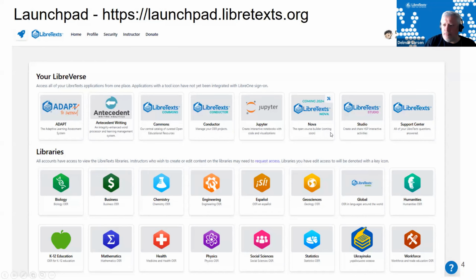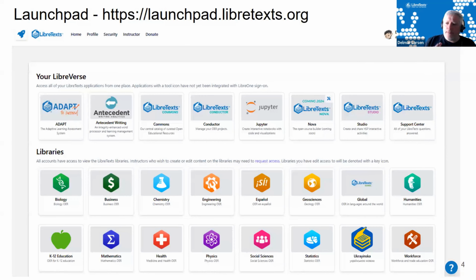That's our course management system that combines our textbooks with our homework, with ancillary materials and other things into one big package that you can download into your LMS. Project Studio is our H5P infrastructure. That is a technology for making interactives that you can embed into your book, again, to facilitate greater engagement and hence greater learning. And then we have a support center that you can submit questions for people that are moving forward.